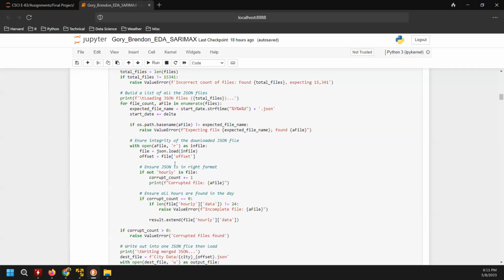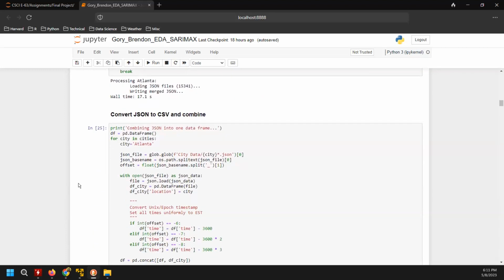We want to make sure that the data are in the proper tags, and also that we have 24 observations per city per day. Because we're doing an API call and it has to be a constant internet connection, there may be problems with the server or your local machine. There might be a disruption and you get an incomplete file. So we just want to make sure for every download that we have the proper structure of a JSON.